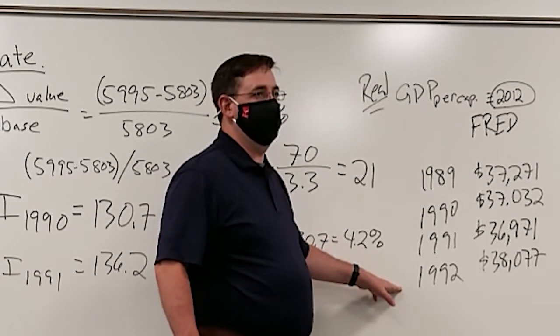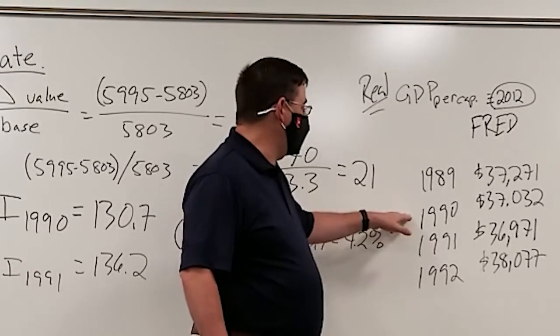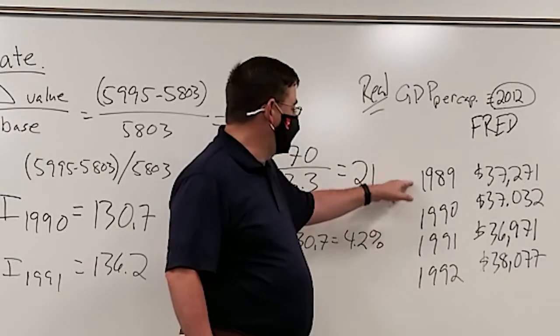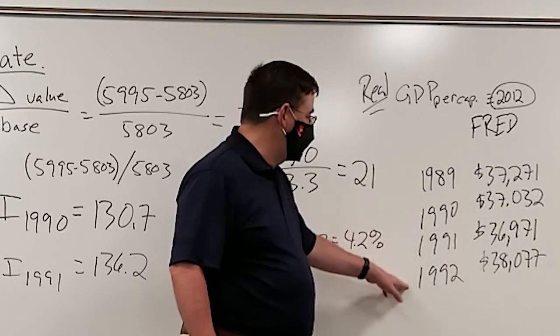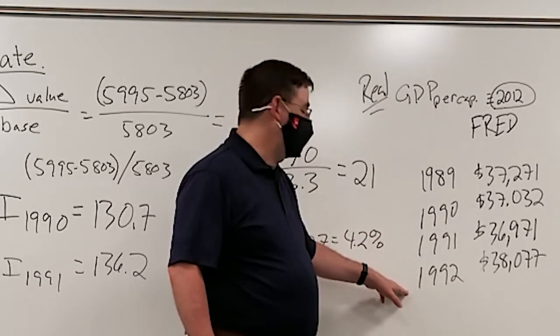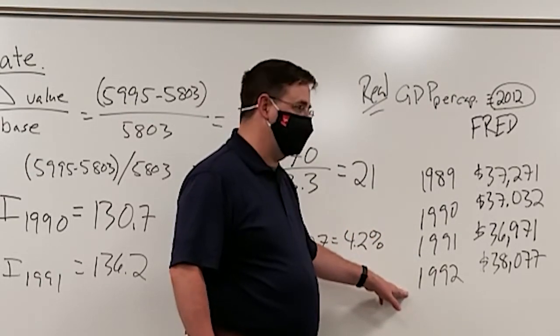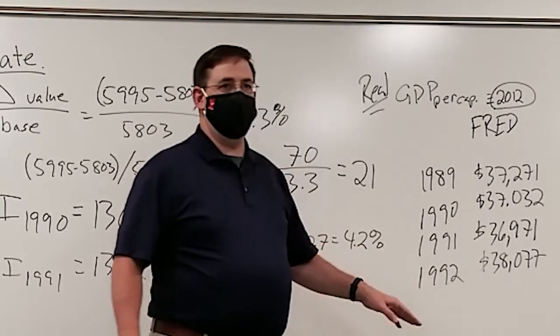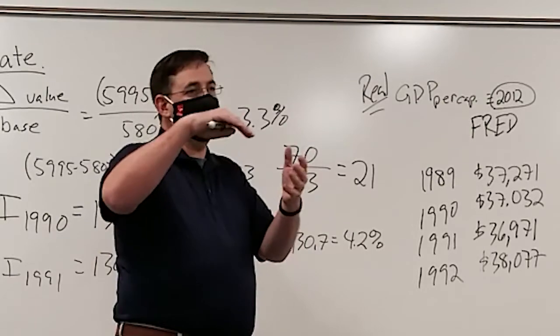Are you with me? Now you could calculate the rate of growth for every year, and this would be negative, and this would be negative, and then this would be positive. I'll leave that as an exercise for the students. Now, when real GDP per capita is